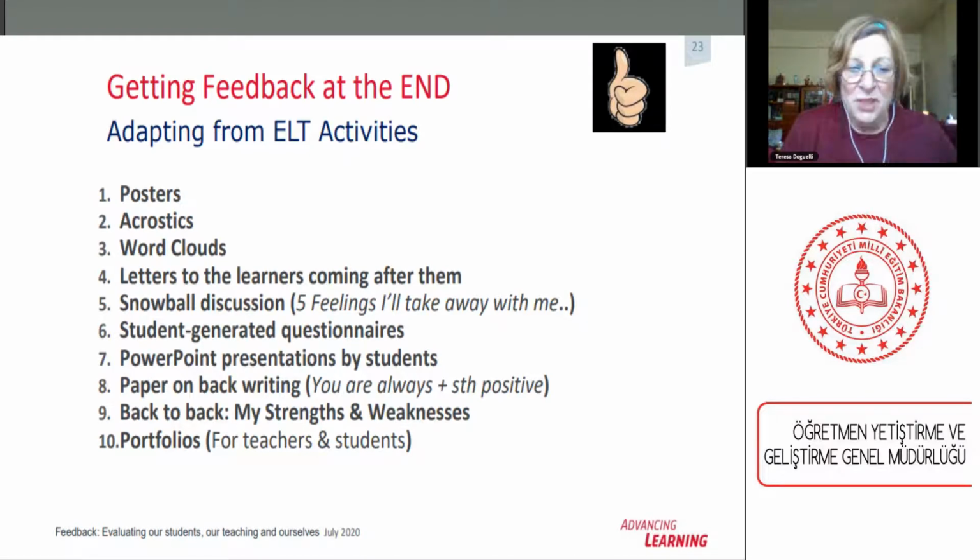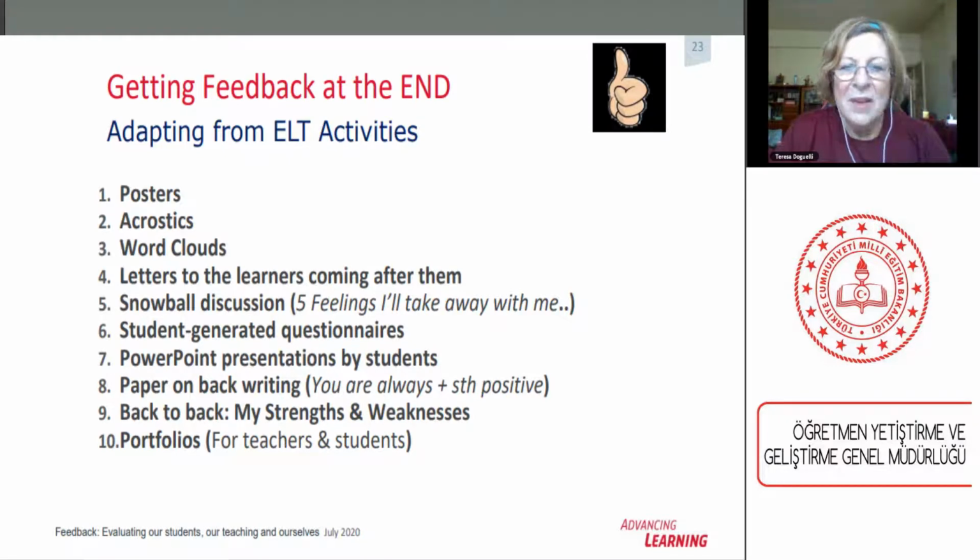The first one is posters, missing its P there, but asking students to again draw what they remember of the whole year. Does anybody ask their students to draw posters? Yes, getting them to say, yes, I did it right. That's nice. Word clouds is a nice idea. So drawing posters online or on paper,